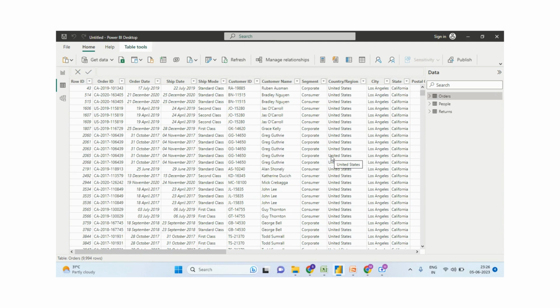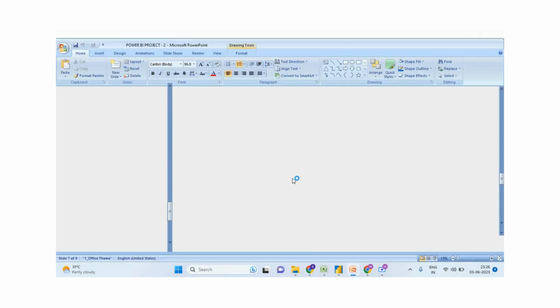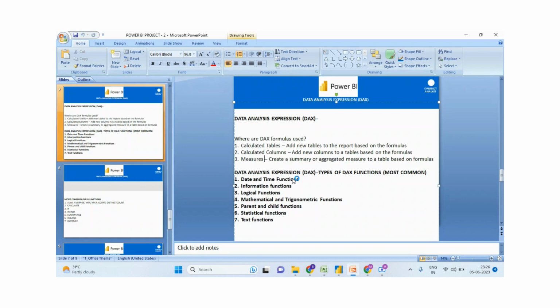Today's session we'll try to learn about DAX functions, and we'll learn two DAX functions. One is CALENDAR, the other one is CALENDARAUTO. If you remember, in my previous videos I spoke about the DAX functions and the list of DAX functions,